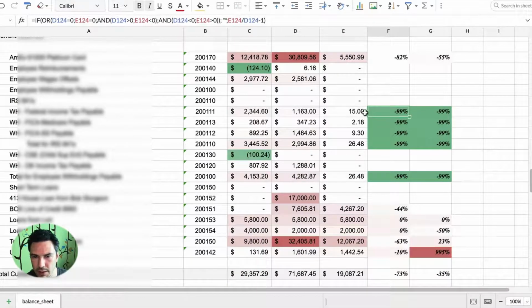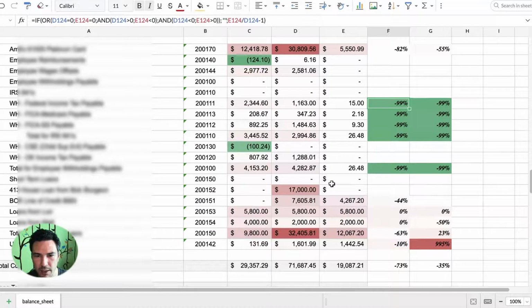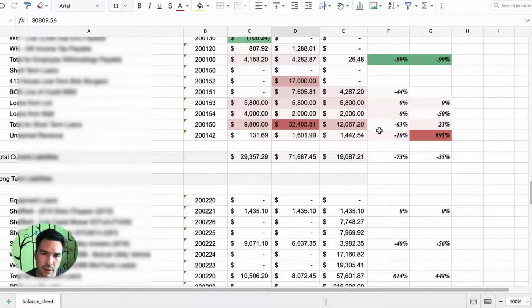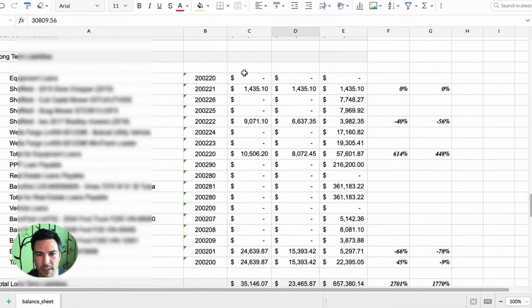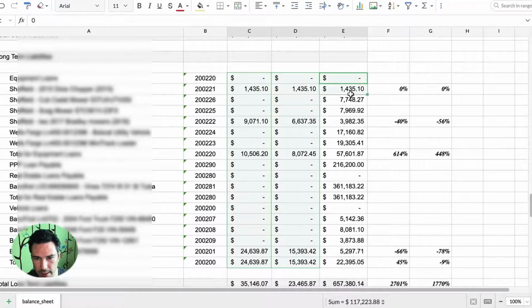So decreasing pretty much entirely is good. Some of this stuff is not going to be apples to apples. Maybe accounting, the chart of accounts changed a little bit, and maybe this got moved up to here or something like that. So it's not a perfect system, but we want to be intentional about the conditional formatting and not just blindly